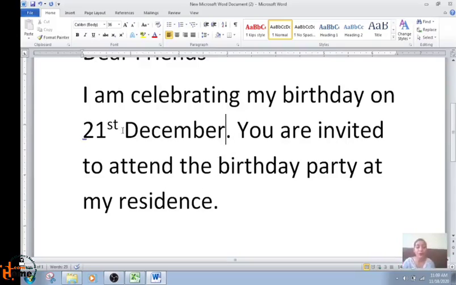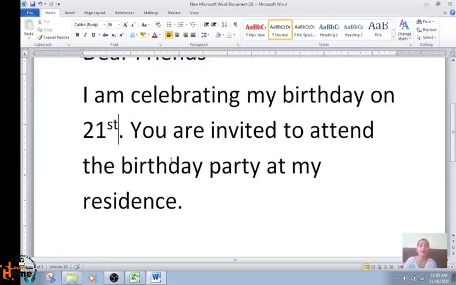And next, if I want to delete, what will I do? I will select it. I will hold the left mouse button, drag the mouse over the text and release it. It is selected. Now I will press the delete key or the backspace key. All the selected text has disappeared. So in this way you can delete the text.